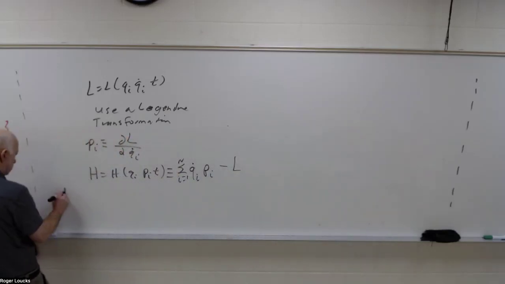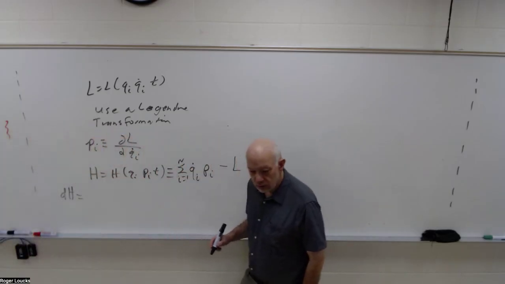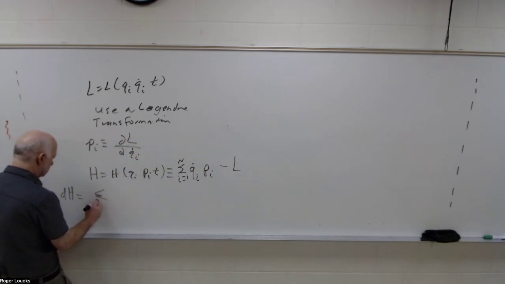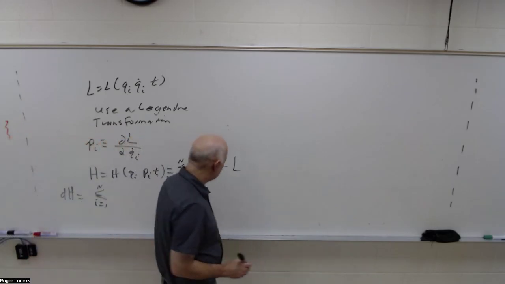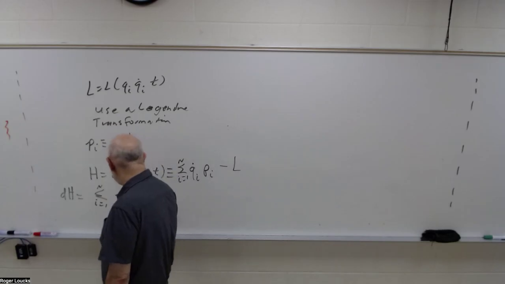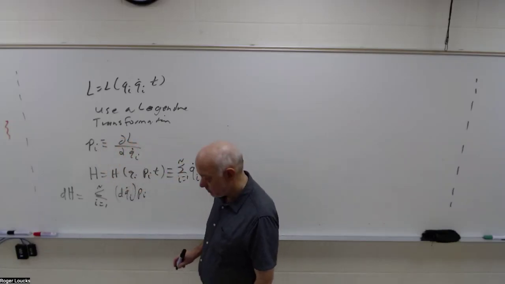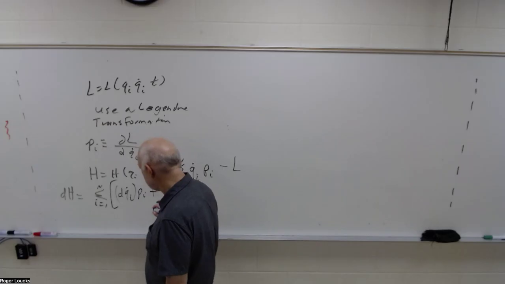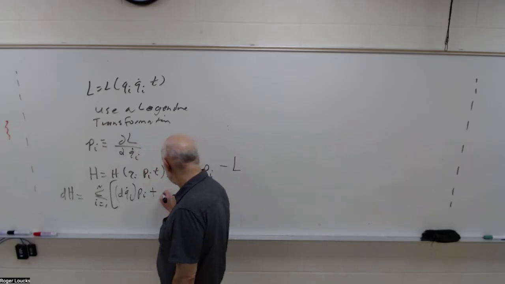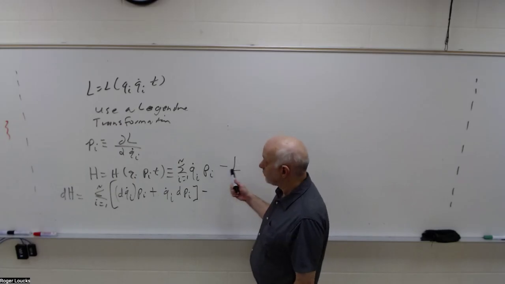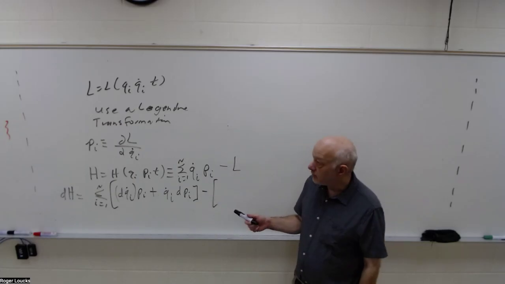So we look at the exact differential, dH. And our dH is what? Let's start with this term: dp_i times q_i dot, plus p_i times dq_i dot, minus dL. Let's put more on dL here. dL, using this, becomes